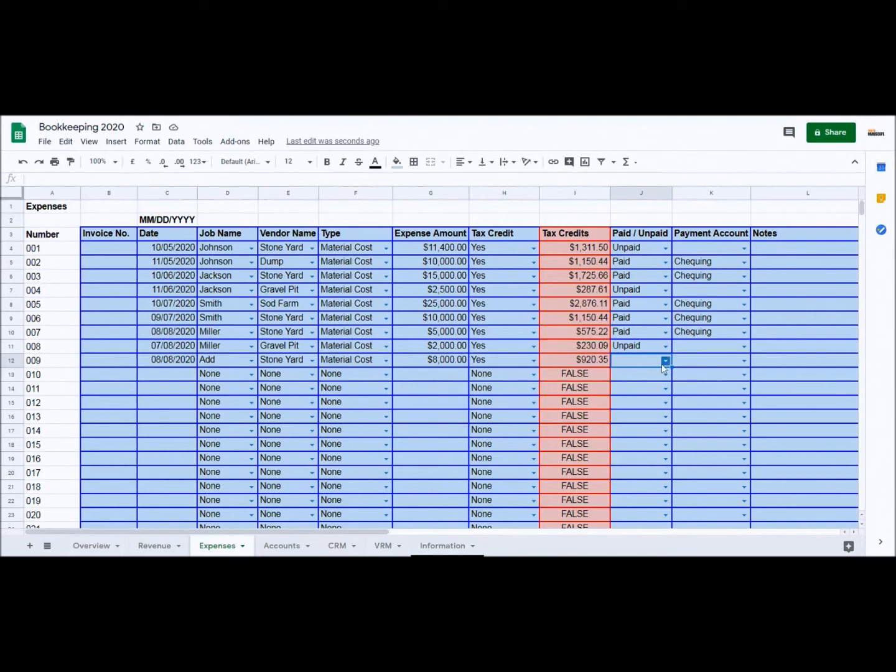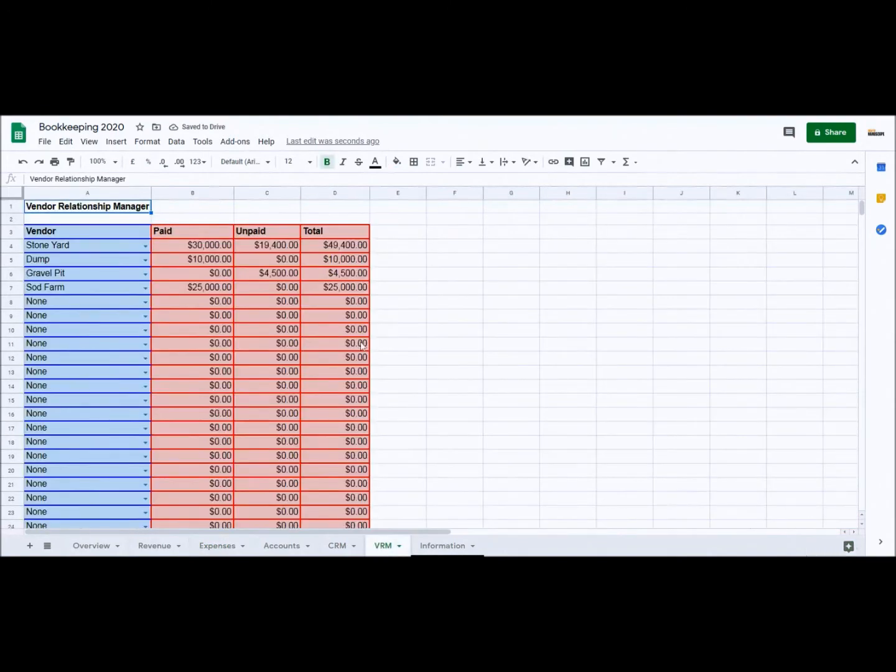We can also do a paid bill or unpaid, whether it's on account or whatever it may be here. This really just depends if you want to follow this system or not. It kind of helps you understand a little bit more about what bills still need to be paid with your vendors and whatnot. So if we put unpaid here, anything unpaid is actually going to go to this vendor relationship